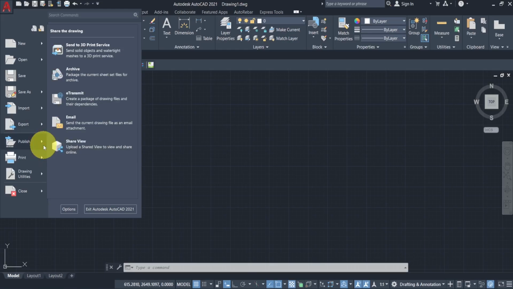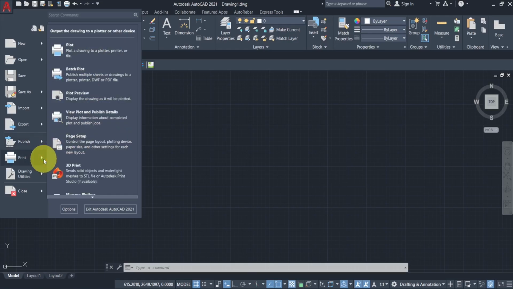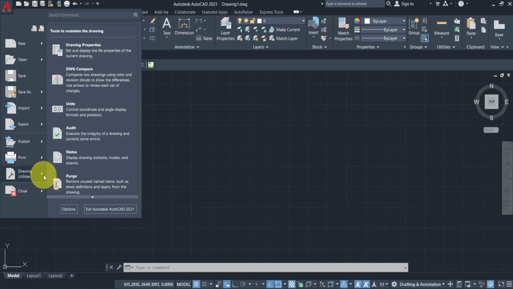Publish enables you to share your drawing with a 3D print service, and maybe by email. And this print option enables you to convert your drawing into a PDF format and some other formats. And then the drawing utilities, it includes